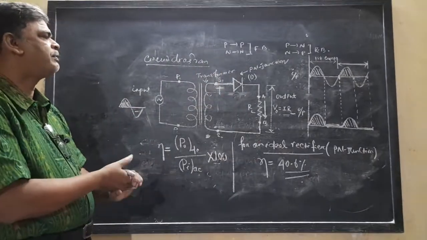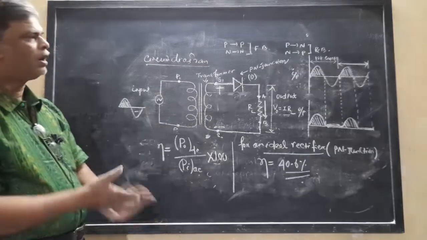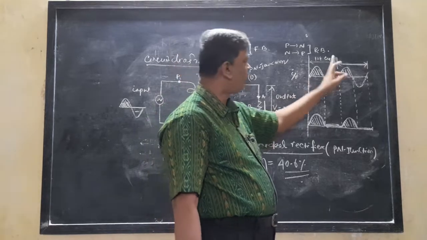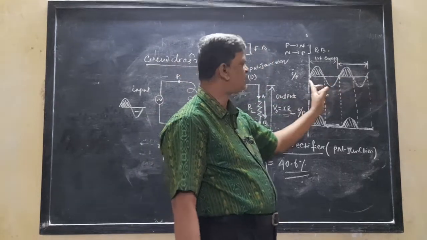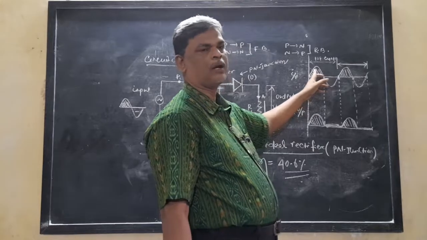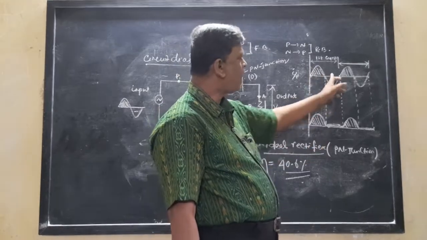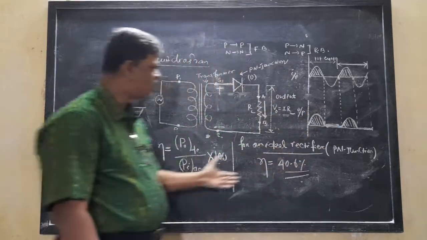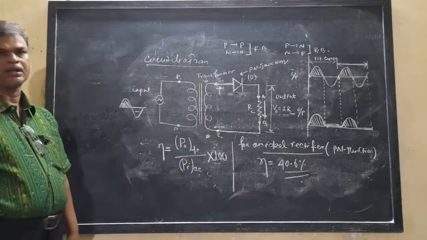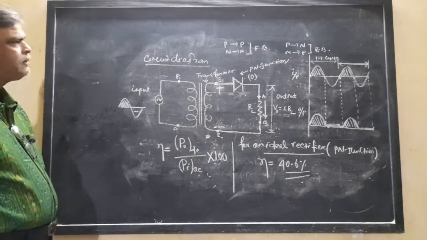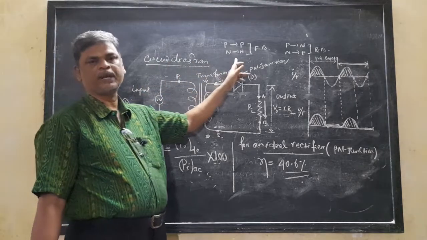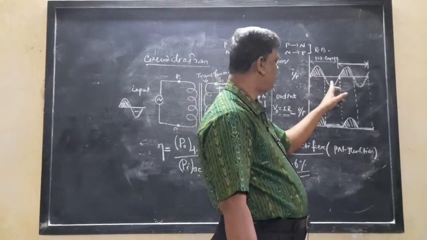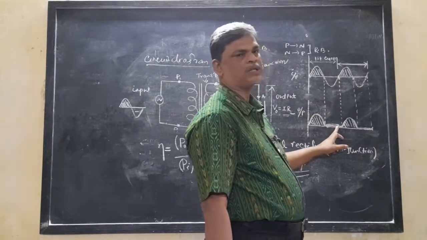So in case of half-wave rectification, only one half cycle of AC, that is the positive half cycle of each cycle, is converted. In each cycle we can convert only one half wave, and we cannot convert the other half wave. Therefore it is known as half wave rectification. Clear? In the next class I will show the full wave rectification, in which both the half cycles, positive and negative, are converted to DC.